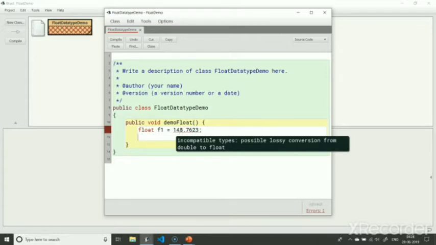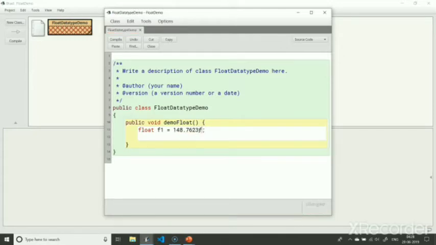In this case, our value 148.7623 is well within the range of float. So we just need to tell the compiler to treat it as a float value. We do so by writing the letter F at the end of the number like this. The error is gone now. Case of letter F doesn't matter. I can write a capital F here and get the same result.